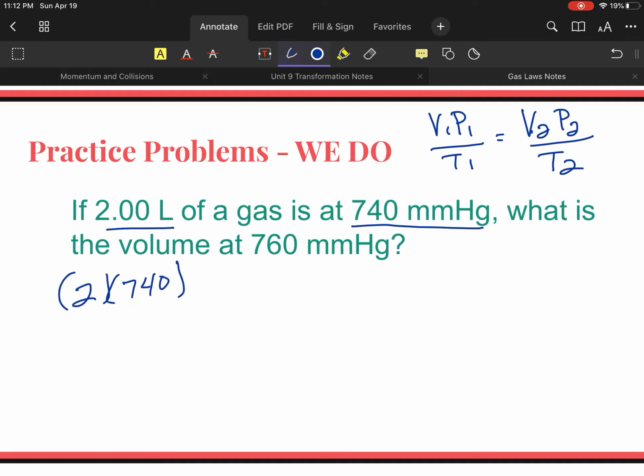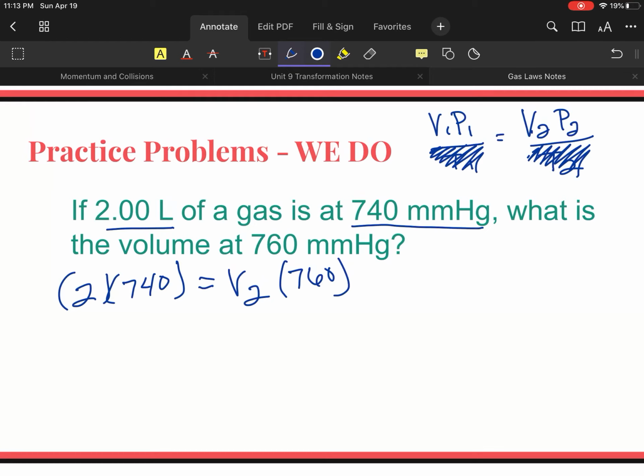So I'm just going to plug that in. 740. And then since I don't have a temperature, basically we're just going to ignore this bottom part of this equation. So I'm really just looking at the top. Okay, so V2, what is the volume? That's what I don't know. At 760,